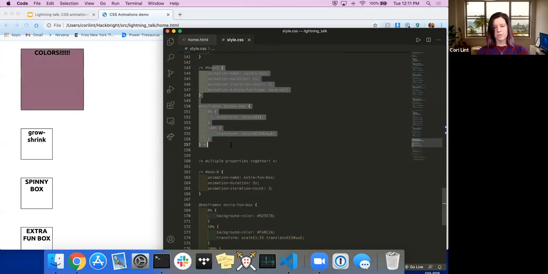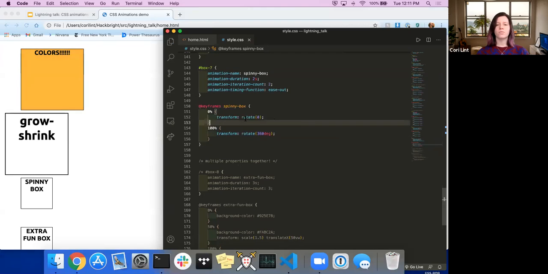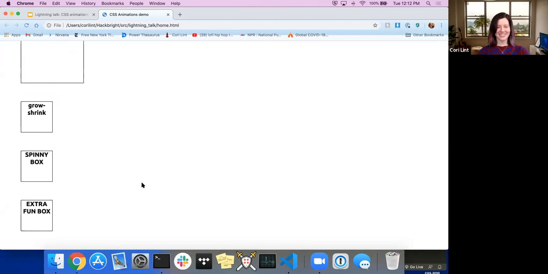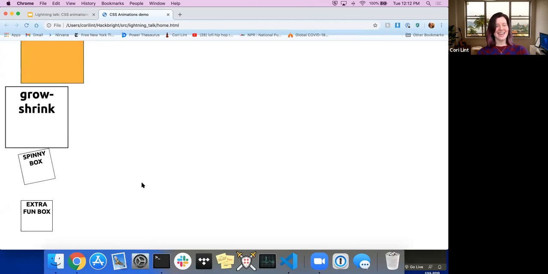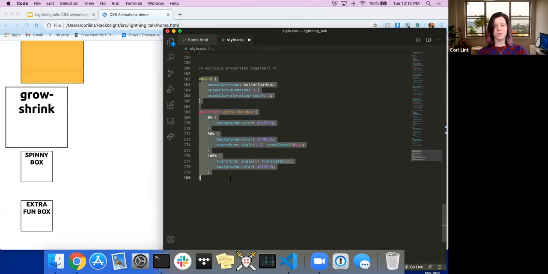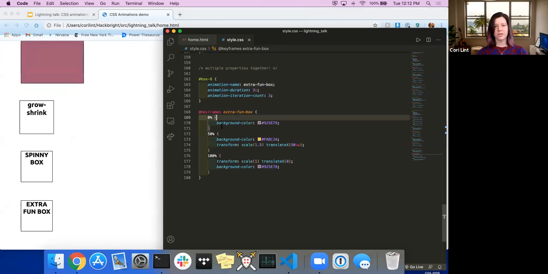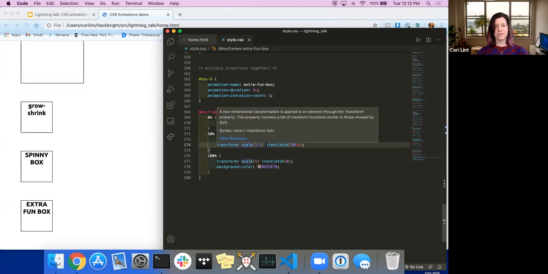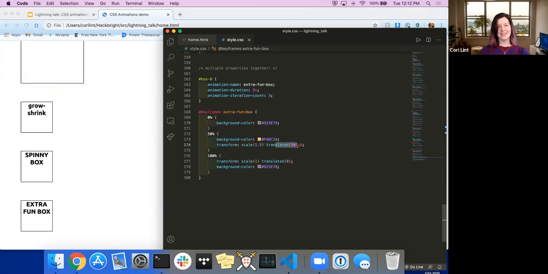And one more example of a property we can use is rotate. It's called spinny box. So I'm pretty sure you know what that one's going to be too. It spins. And then for one final example, I wanted to show you how it looks if you use multiple properties together. So here we're using background color, transform scale, transform translate X, which is the x-axis, and then all